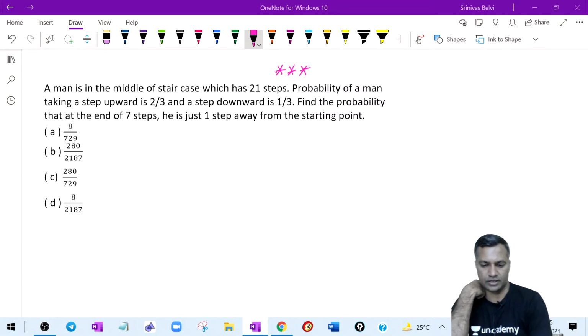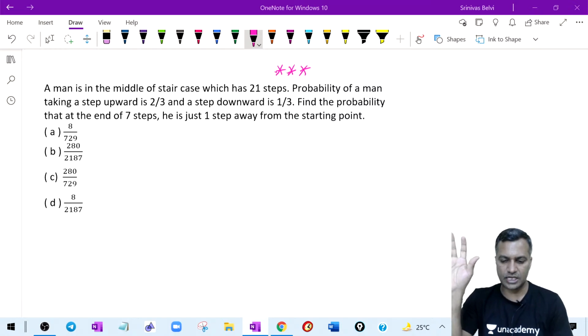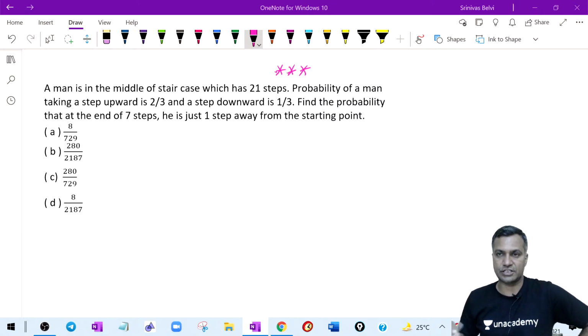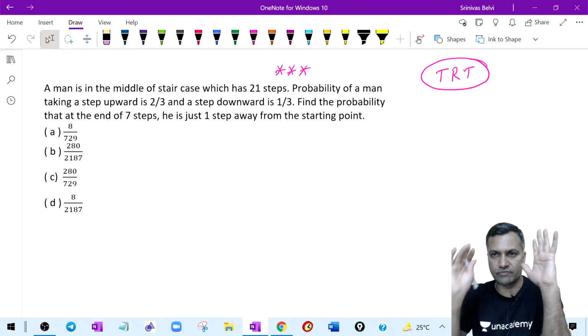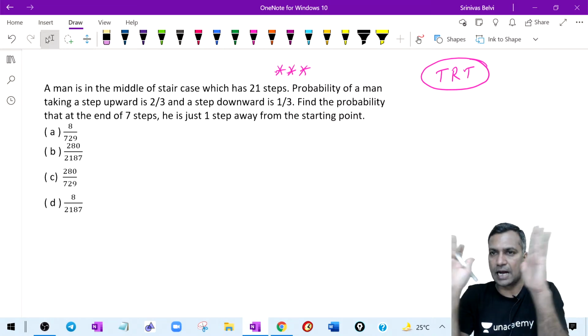Wait, Harish. I'll explain this question. Starting point means wherever he is now, that is the starting point. Wherever he's been left is called the starting point, not the top end or bottom end. Leave this particular question. Now, this is technically built on the theorem of repeated trials. How many of you have heard about this? It sounds familiar. I'm very clear about this.